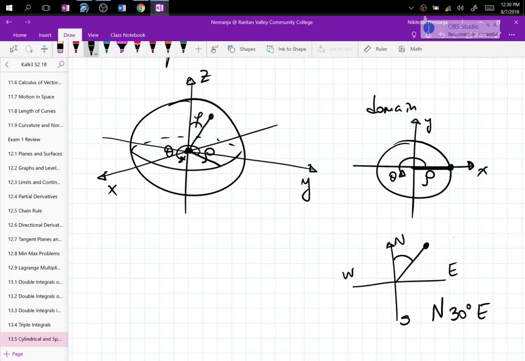You don't want to calculate any volumes that involve balls with rectangular coordinates, because it would be